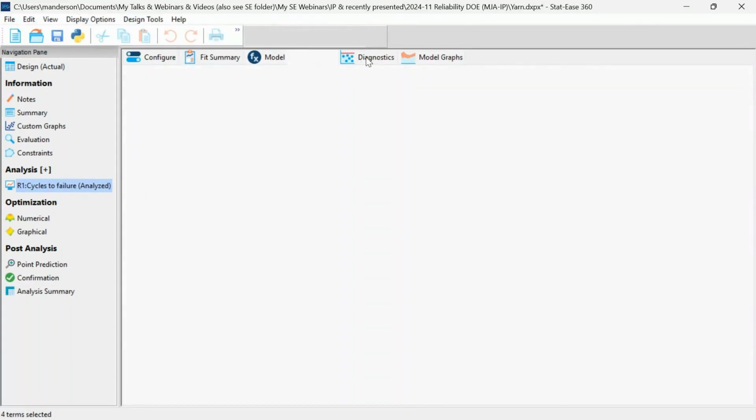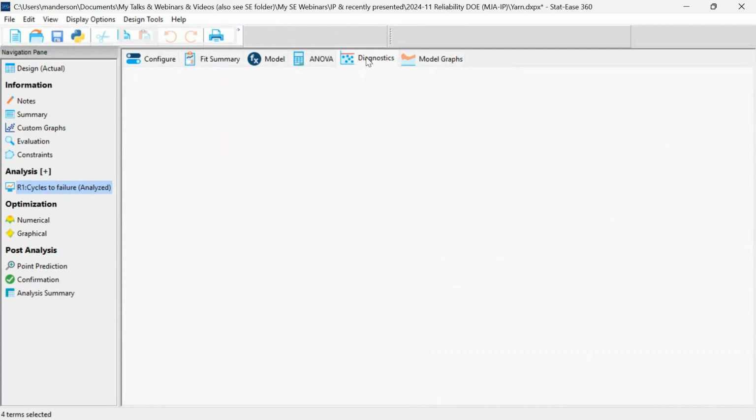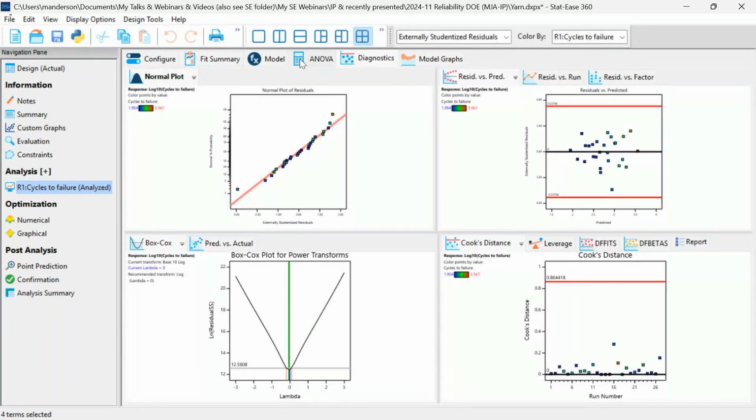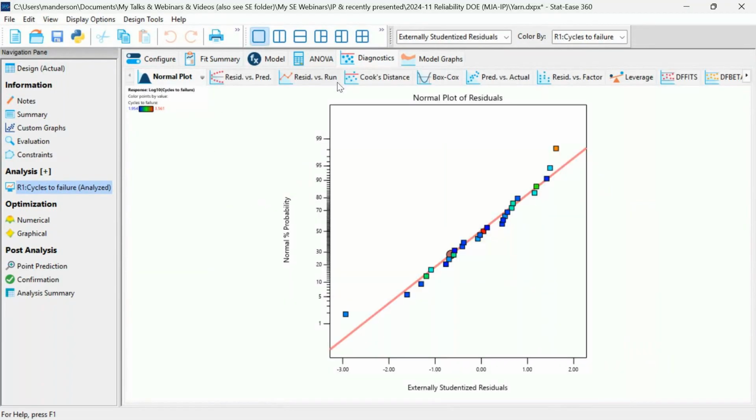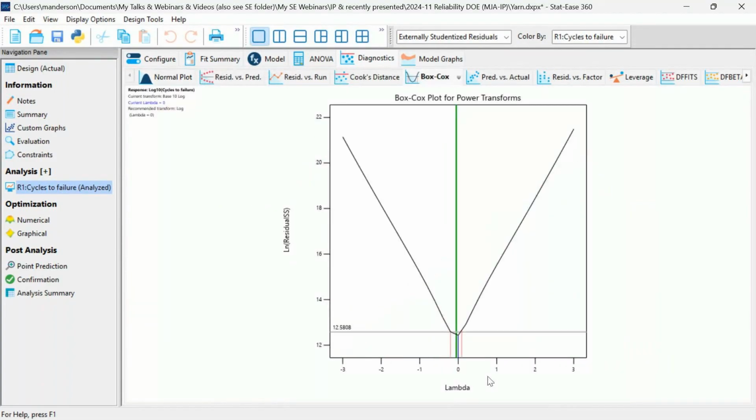And I think we should be able to see in diagnostics why the log is picked, because of the Box-Cox plot. You see it converging very tightly on log. Now, if we were to look at this